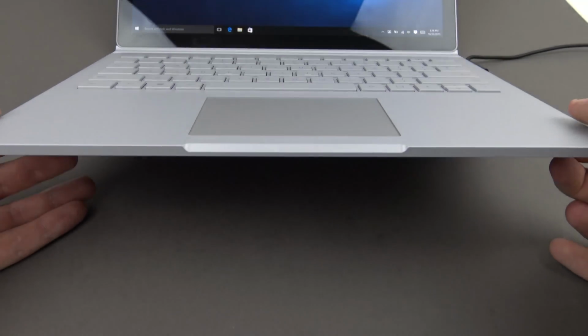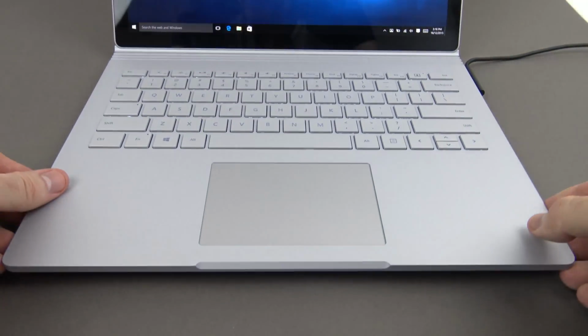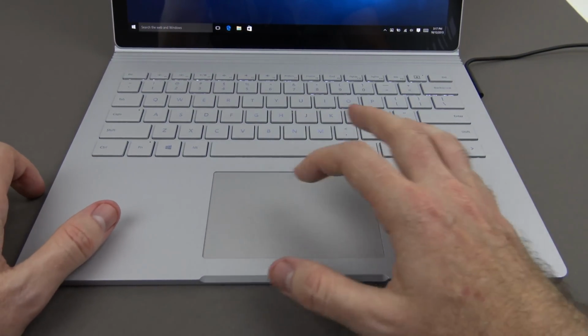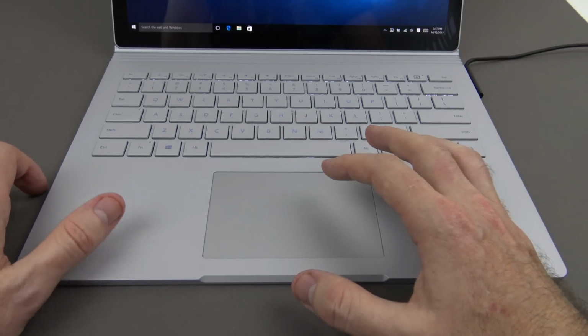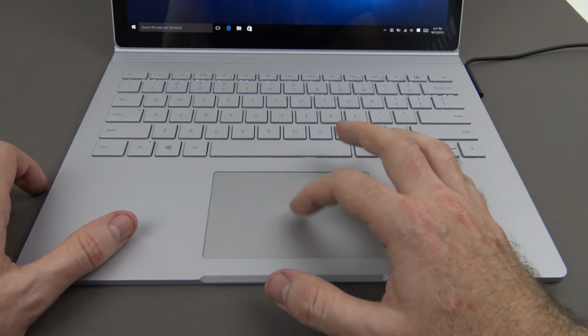So let's have a quick look at the keyboard. The keyboard's very thin, as you can see from that angle. The touchpad is quite good. It makes a noise which I really like, so you know that you're actually clicking on something. You can actually just double tap if you don't want to make the loud noise, and that will give you